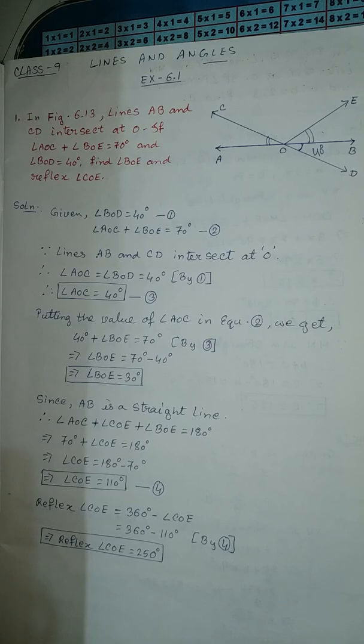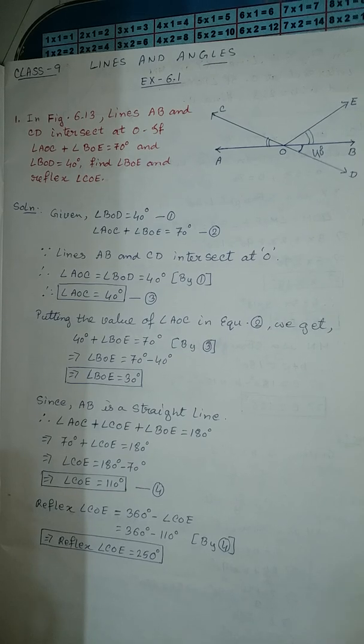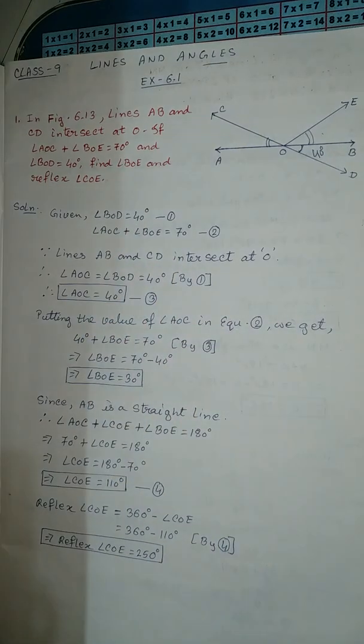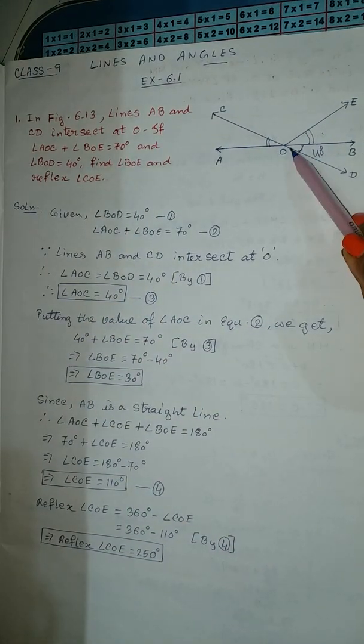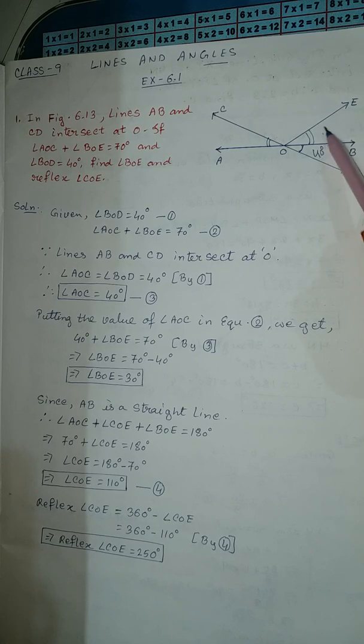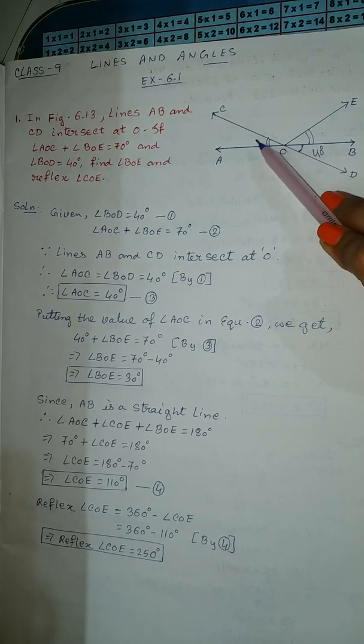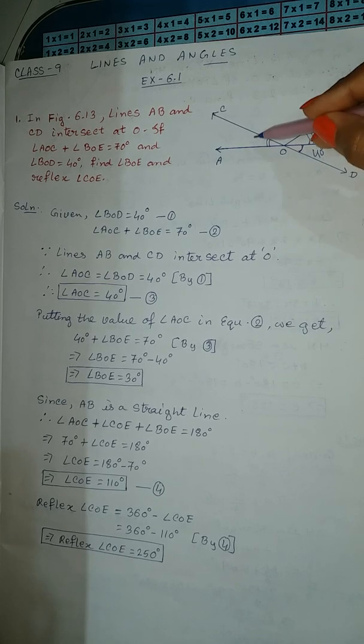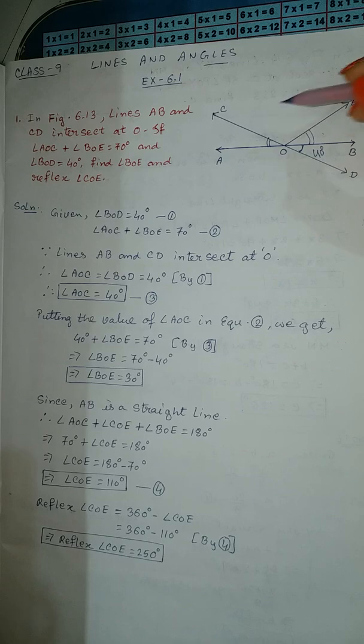Okay. Now, what do we have to take out? We have to find out the value of BOE. So let's find out where is BOE. That's the angle which we have to find out. Now, from the given condition, we can already see that the sum of these two angles is 70. That means that if we can find out this particular angle, then we can find out the value of